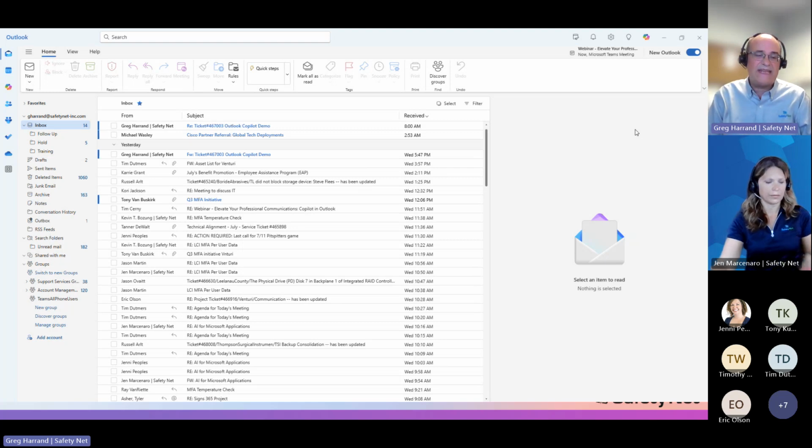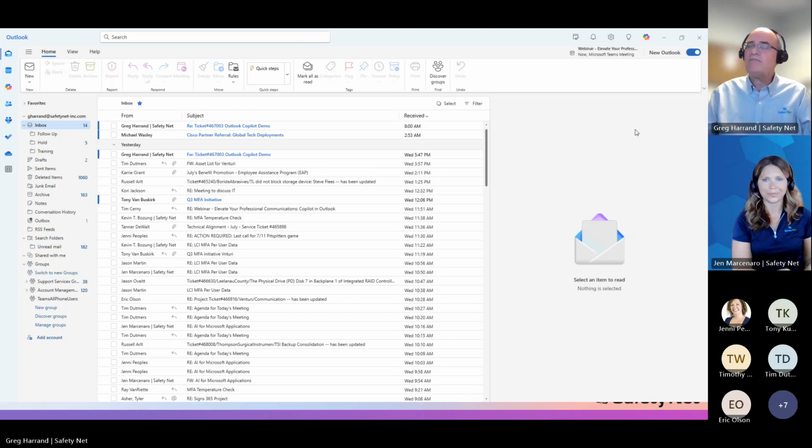And you have to be on an Office 365 license of either Business Basic, Standard, or Premium, or any of the enterprise licenses. Once you do that, then you're able to buy the Copilot license and enable it. So that's the first thing that I wanted to make sure that you're aware of.